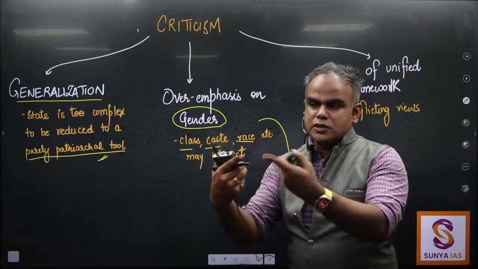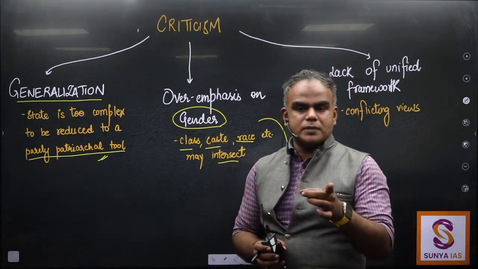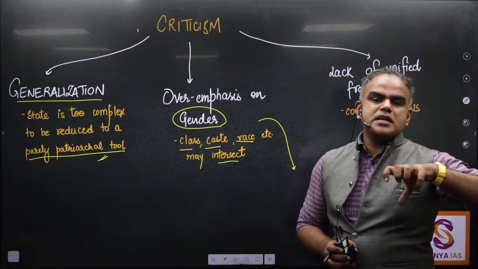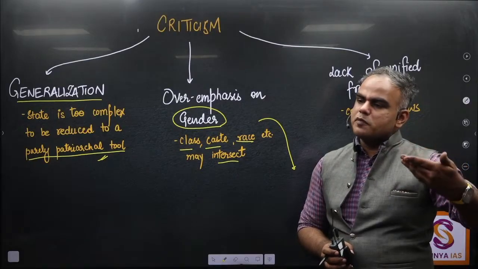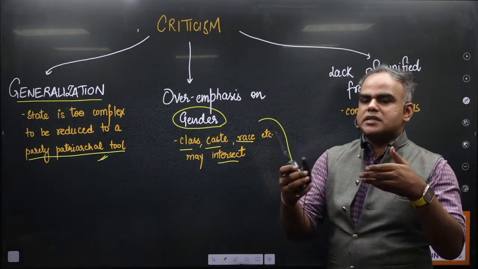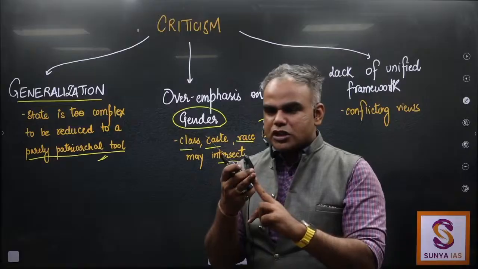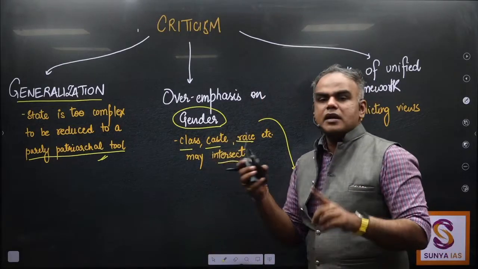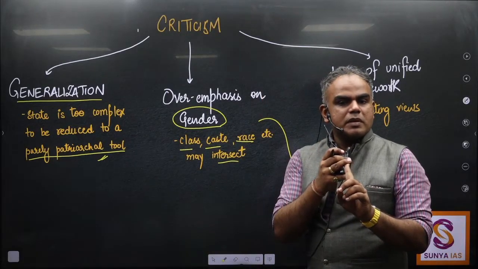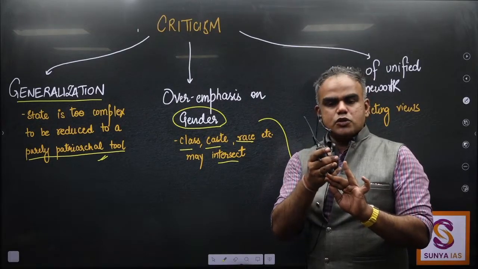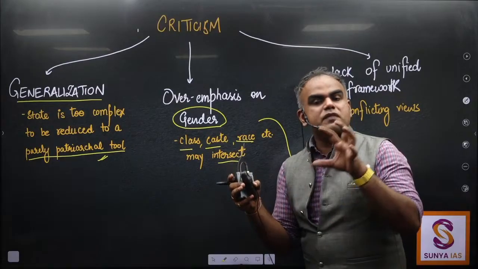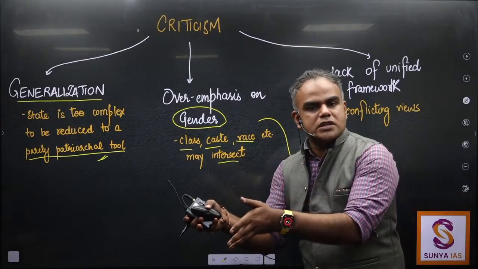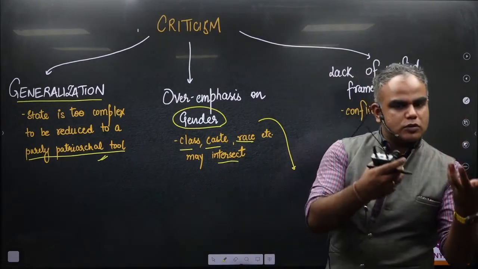You will see many times, this question has also been asked even in GS1, that the women's movement in India is not entirely representative, because the initial women's movements were only from a liberal lens. They wanted right to equality, right to education. But what about the women who are malnourished, women who are facing issues of hunger, who are facing issues of caste discrimination? There is feminization of poverty, yes or no? But feminization of poverty is a rural concept. Urban women cannot relate to that as much.